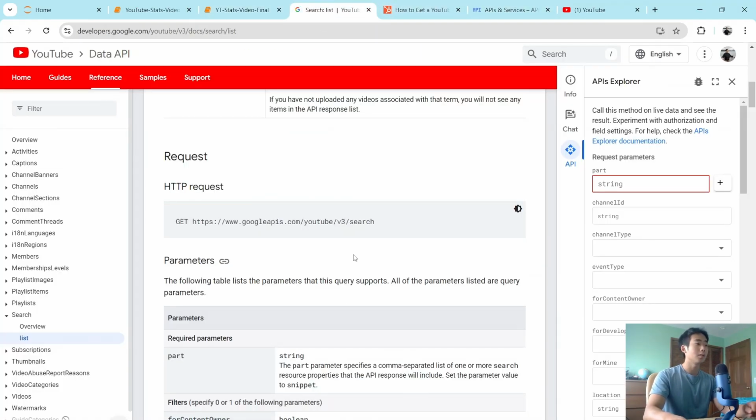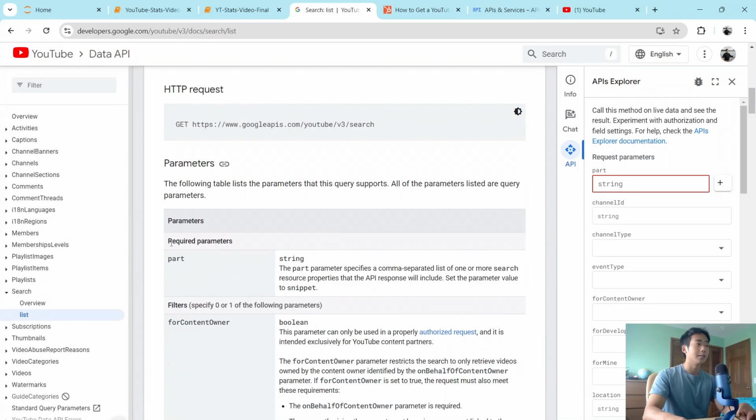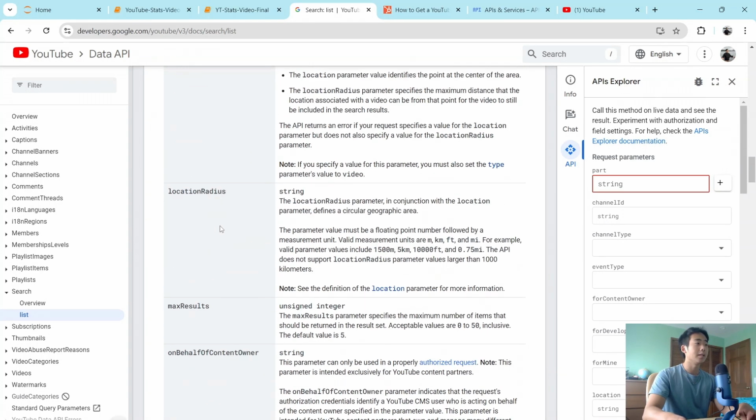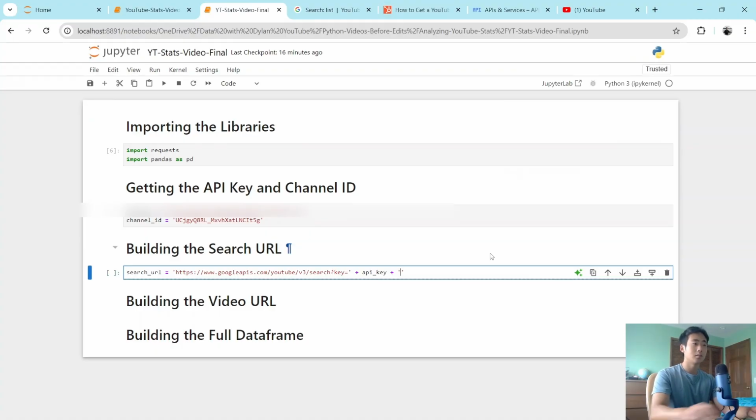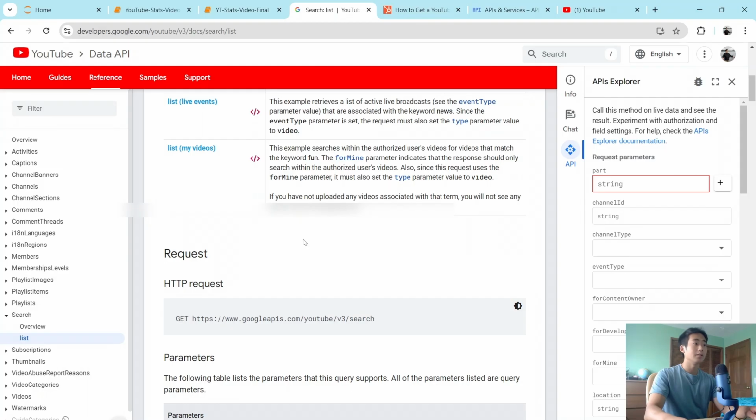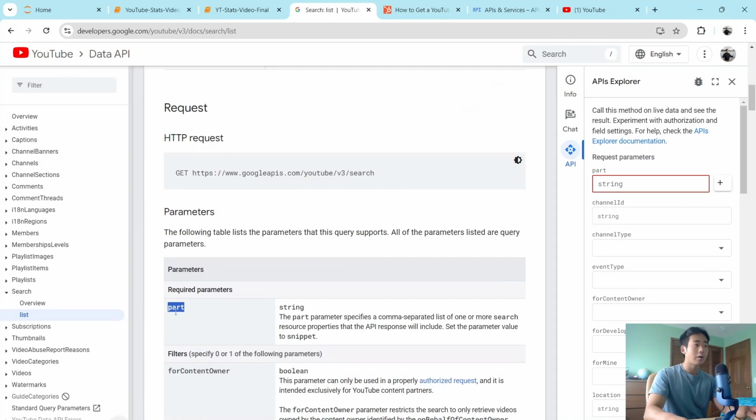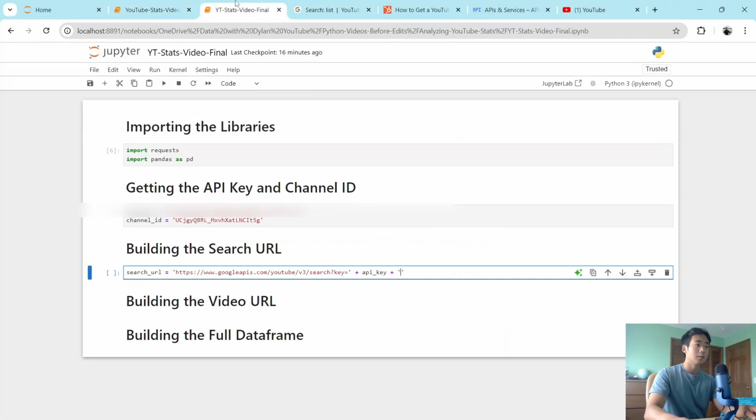So if I go here, it says that this one is required, but then everything else is optional. So I'm gonna say this, it said it was part, that's the required parameter. I'm gonna set that equal to snippet, because that's what it's telling me to do. So I'll say ampersand part equal to snippet,